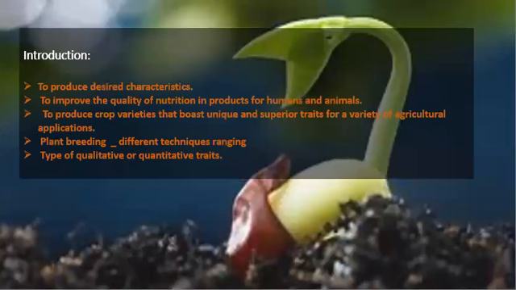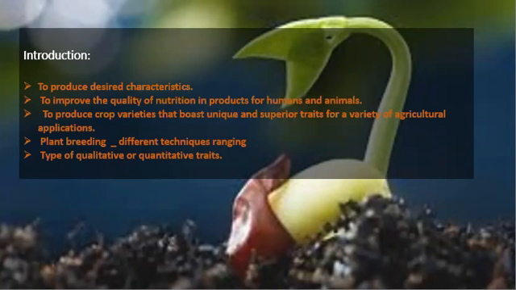Let's discuss the introduction of plant breeding. Plant breeding is a science of changing the traits of plants in order to produce desired characteristics. It has been used to improve the quantity of nutrients in products for plants and animals. The goal of plant breeding is to produce crop varieties that boast unique and superior traits for a variety of